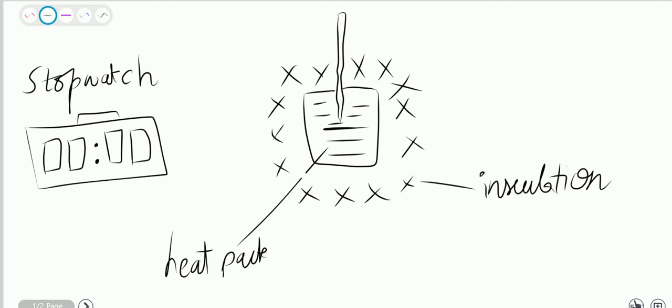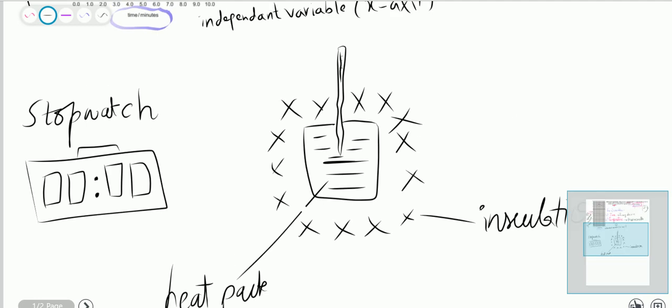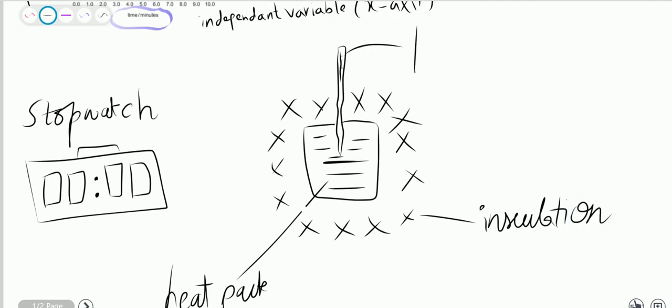I'm not really sure how to draw this calibration, but you can show something like this as well. And then you can label this as your thermal